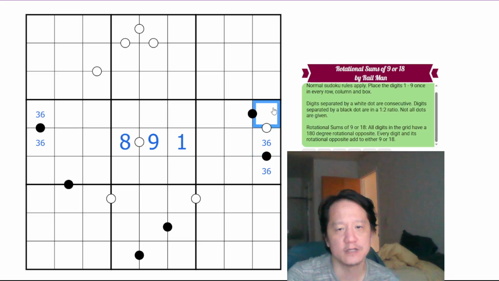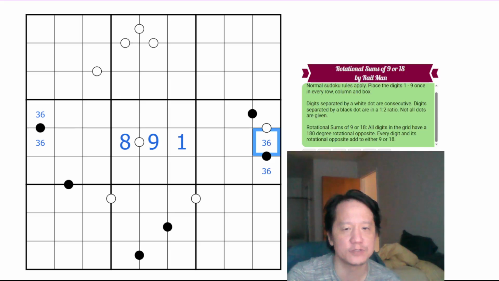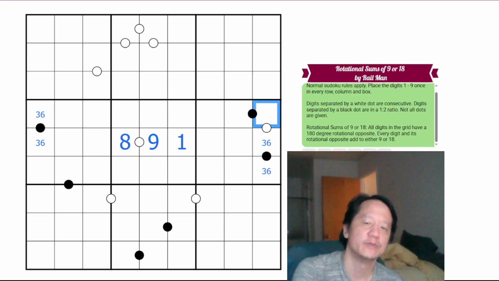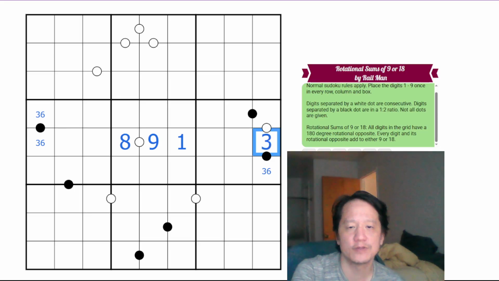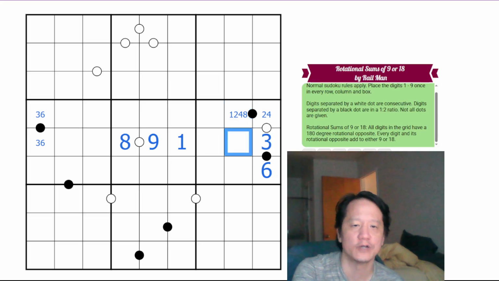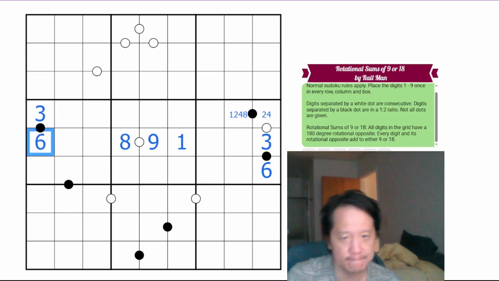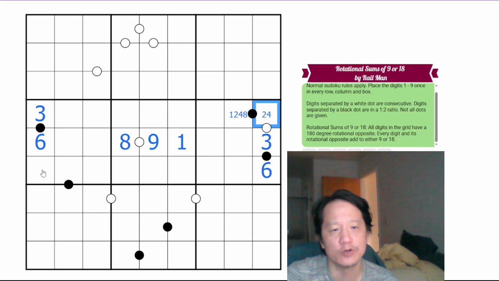This is consecutive with this digit. 6 would force this to be 5 or 7, so this cannot be 6, because 5 and 7, again, cannot be next to a black Kropke dot. So this must be 3 next to 6 here, and therefore this must be 2 or 4 here, which is in a 1 to 2 ratio with 1, 2, 4, or 8 here. 3 eliminates 3 here, so this is 6, which makes that 3. 2 and 4 would be